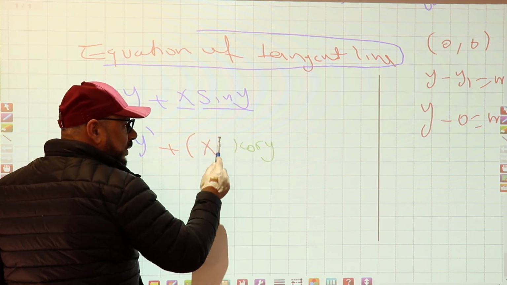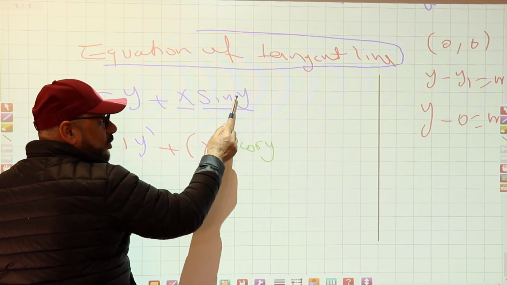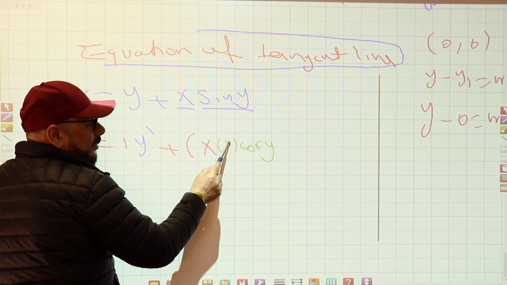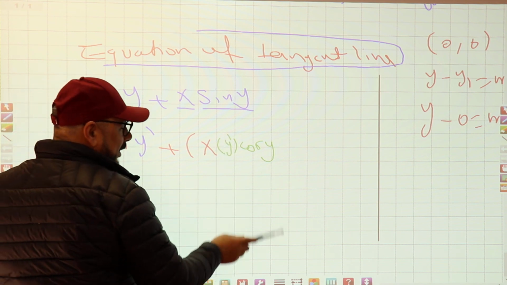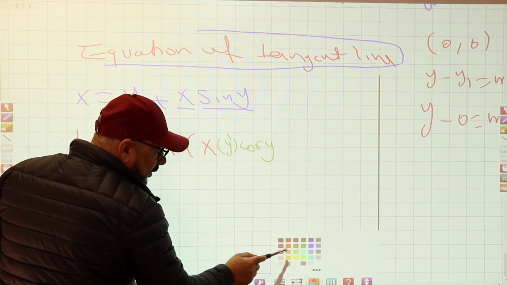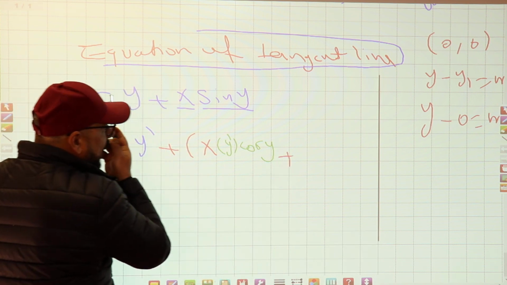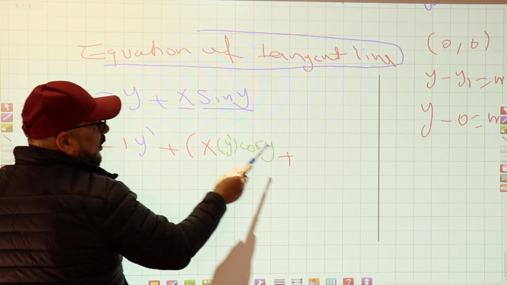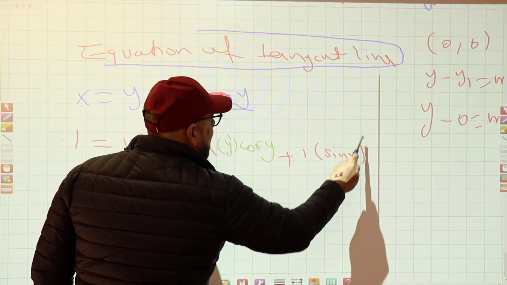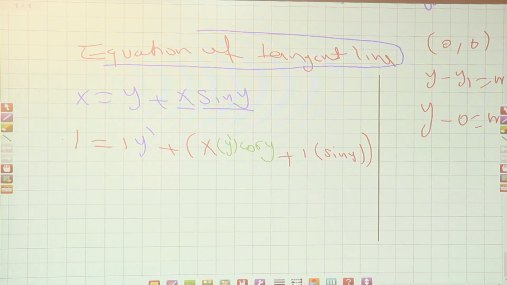But always when we derive the sine or cosine, we derive the angle. Derivative of y is 1, y prime. Then y prime, right? We're done with sine. Plus what now? Derivative of x is 1 times sine y. Now look guys, since